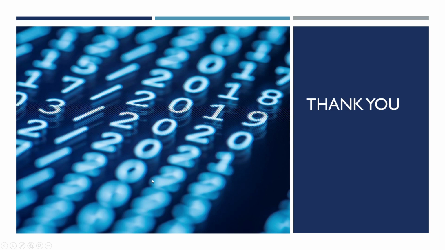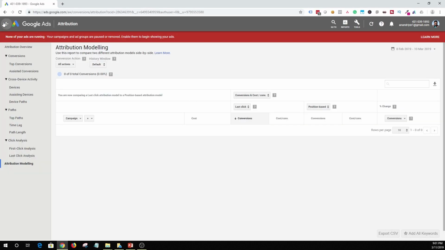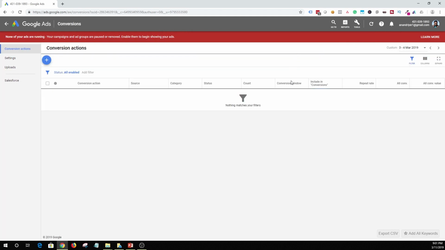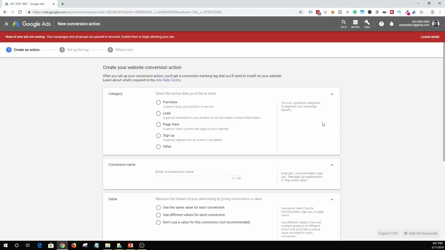So that's pretty much it, guys, in terms of different attribution models. Now I'm going to show you very quickly how you can change or how you can select an attribution model. Okay, so let's jump into Google Ads and click on the tools icon and then click conversions. And then when you're setting up a new conversion, click on the plus icon, hit website, and then let's say you want to